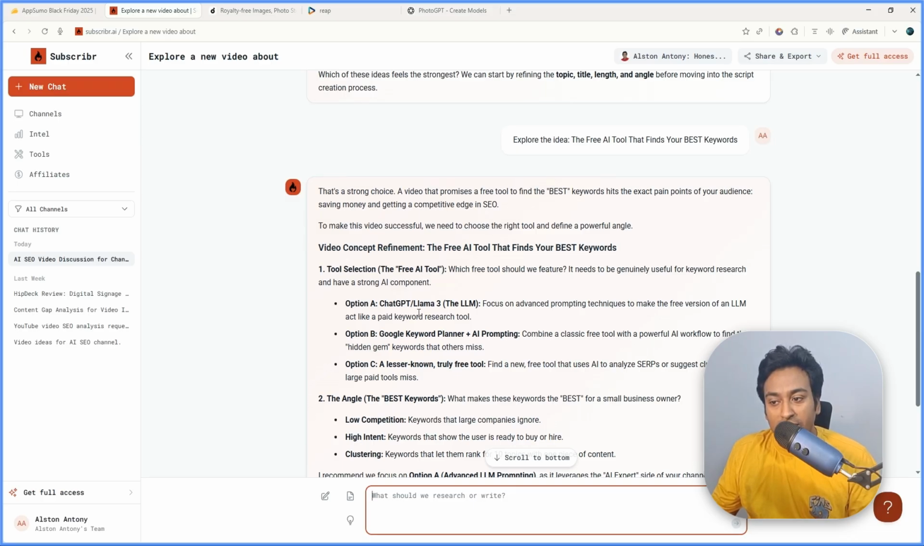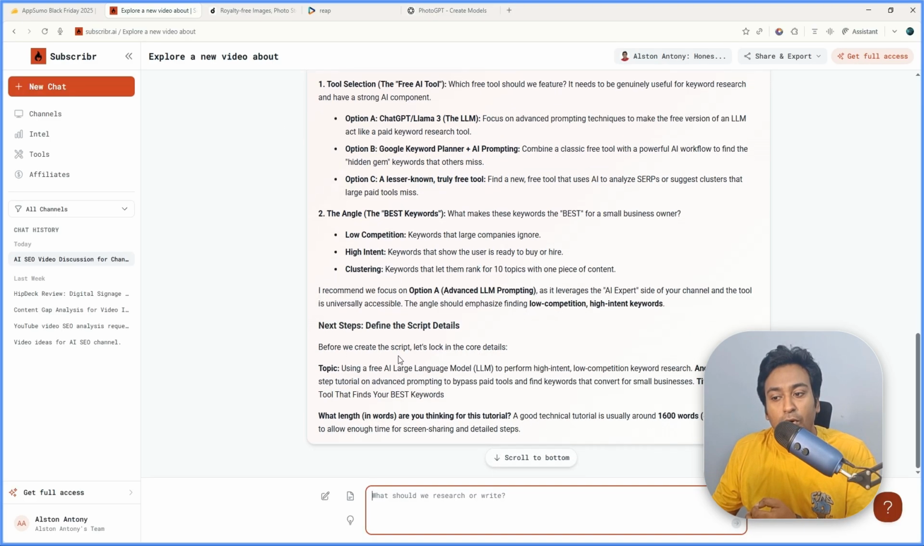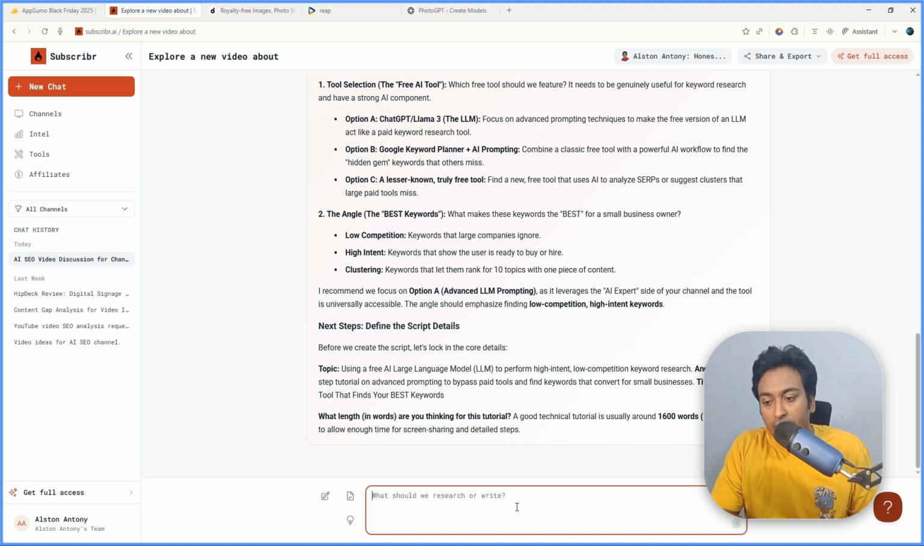You can use ChatGPT, Llama 3, Google Keyword Planner with AI prompting, lesson on free tools. So it's not just giving me random AI data, it is actually giving me the advice on how I should go about it: the angle, the tool selection, the next step on defining the script details. So you can see what are the things we need to do, and based on here I can also take over any step. For example, I can say I want